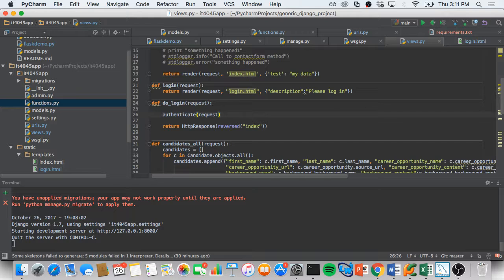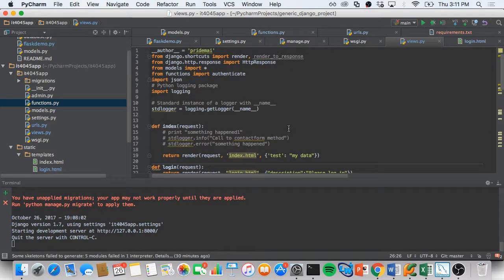We use the render when we want to render a template, pass in parameters, and return something visually appealing to the user screen. But when we want to return raw data like JSON, or when we want to, in this case, call reversed and pass in index,